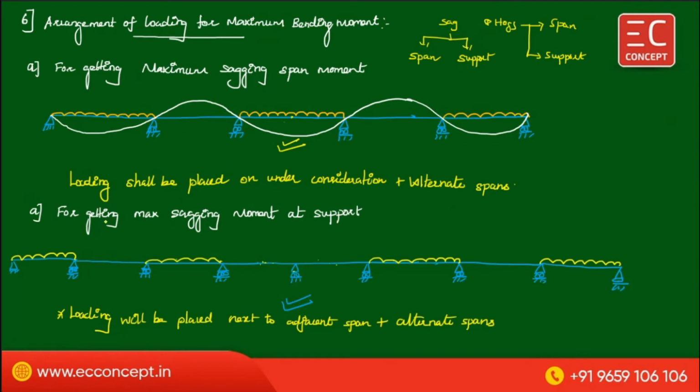Next one is for getting maximum sagging moment at the support. If you want maximum sagging moment at the support, then place the load on the span which is next to the adjacent span of this support. For this support, these two are the adjacent spans, but you have to keep the load next to the adjacent span and on alternate spans. Okay, next,